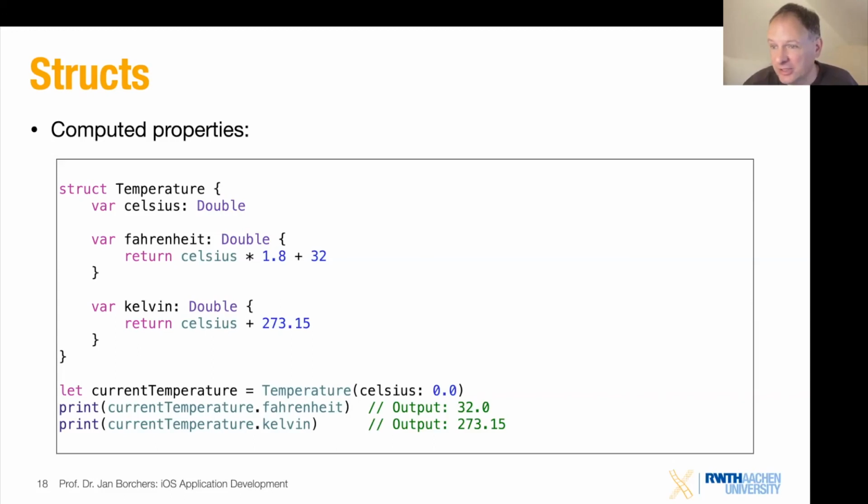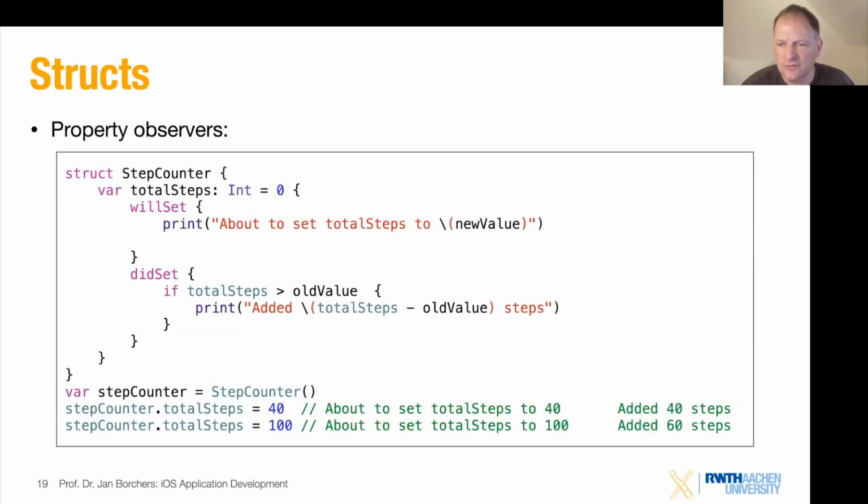But wait, it gets better. If you have these kinds of properties, you can also actually watch for when they change, or even when they are about to change. And this is really neat. This is something you often need, especially when you write user interface code, event-driven logic, where you need to figure out exactly when stuff in a model class, or a model struct in this case, changes, and you need to update your user interface. This is how you can hook in.